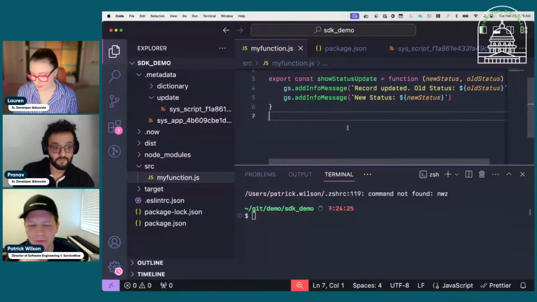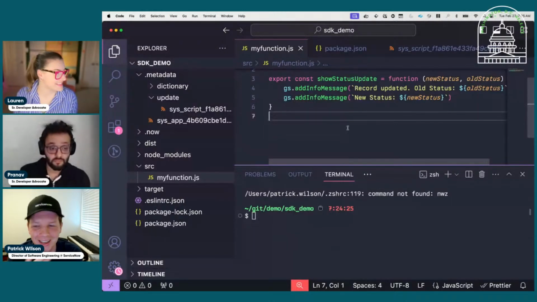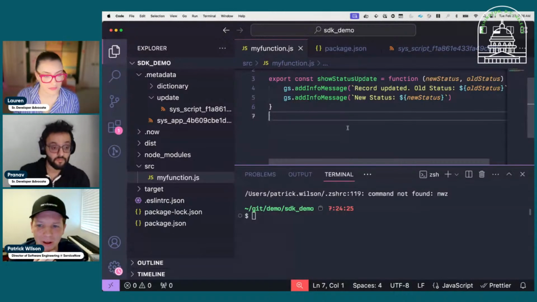So when a new family release comes around, let's say that what's after Washington, Xanadu. When Xanadu comes out, it's not like I have to wait until Xanadu to get a new version of the SDK. In fact, we'll be shipping minor updates to the ServiceNow SDK at a regular cadence between now and then. So you can regularly check back to